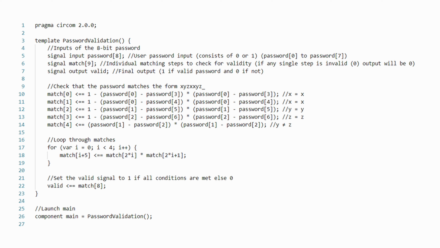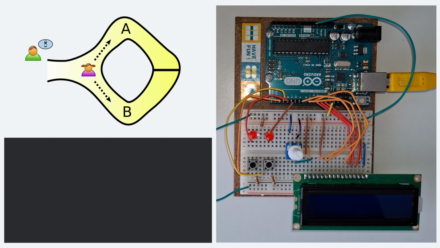These will then be continuously multiplied. So if every step is 1, which means that every step is true, the final output will also be 1 for true. If there is one mistake in the password, the output of the whole circuit will be 0 for invalid. So now that you've seen how the circuit works, we'll show you how the interactions between the user